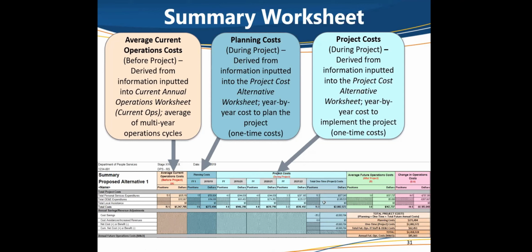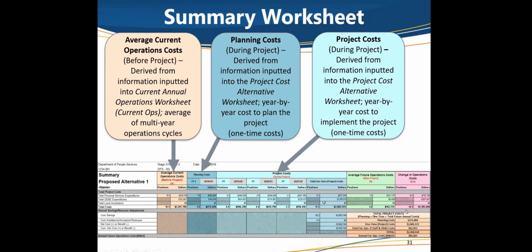So if your financial analysis worksheets show your future ops for only a partial year, the PAO manager or Department of Finance is going to say, we need to see what it's going to cost for a full year. So you need to show us the following year, if that was a partial year, so that we know what this is going to cost on an ongoing basis, so that we can analyze and make sure that those costs are appropriate for the type of project that is being implemented.